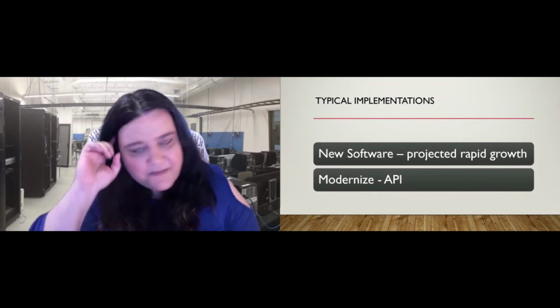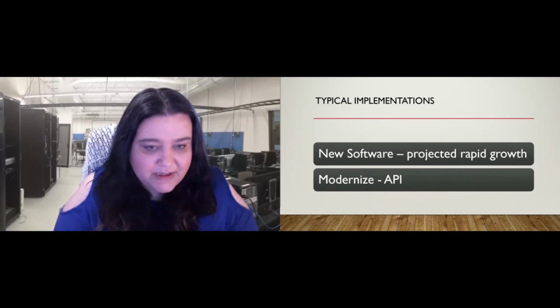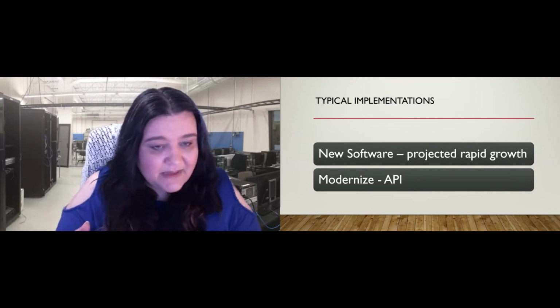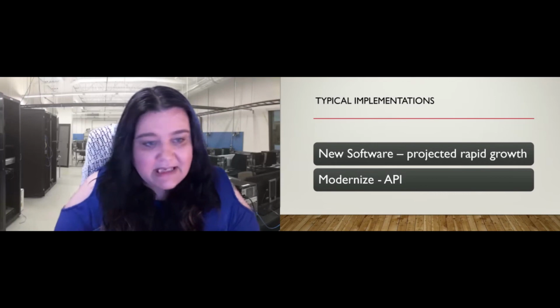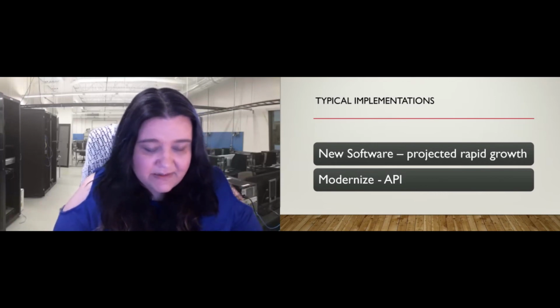Or the other thing that is popular is when you're modernizing your relational databases and you're creating APIs, you're creating all these new tools for your users. What you can actually do is create a NoSQL database that's either static or dynamic that your APIs access instead of accessing that relational database.